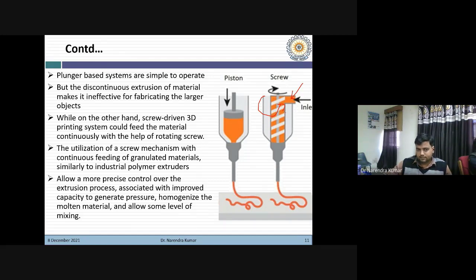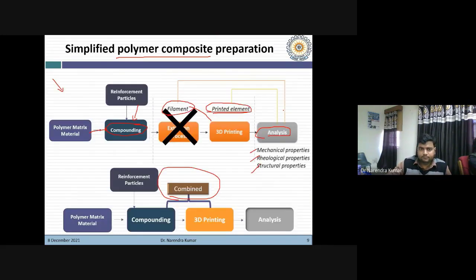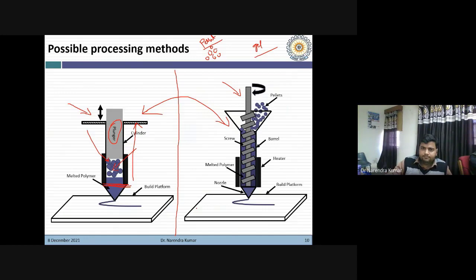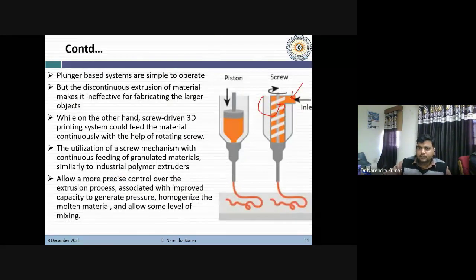because we can generate pressure as per requirement, and we can homogenize the molten material, and also it can provide the mixing of two or more different materials together. So that's why I was saying here, these two can be combined if we go for the screw based mechanism. So compounding can be done. Suppose you have two materials, one a polymer and second a filler material, right? So this compounding and 3D printing both can be done if you are using the screw based mechanism,